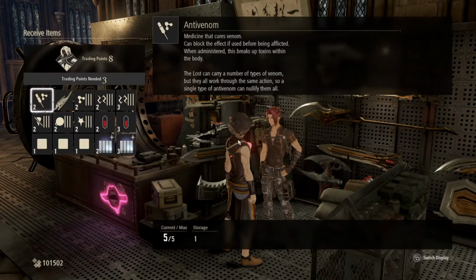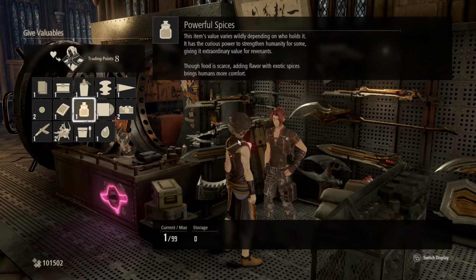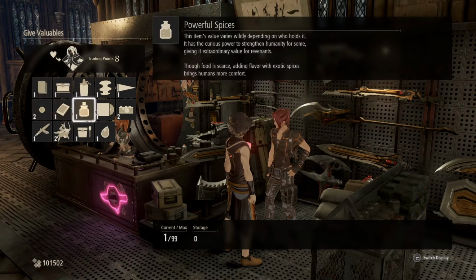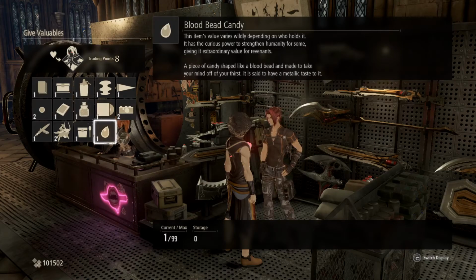Cool, he actually liked it. Oh wait, okay, so that was 2 points. We need even more. Powerful spices. I mean, I feel like he would like that. But at the same time...